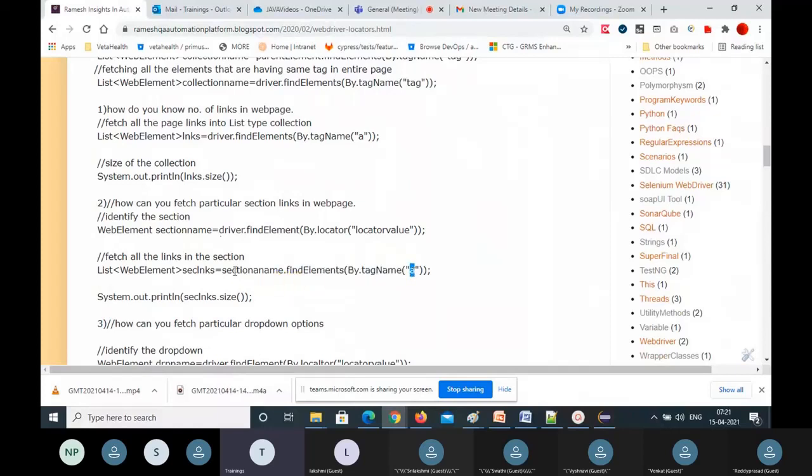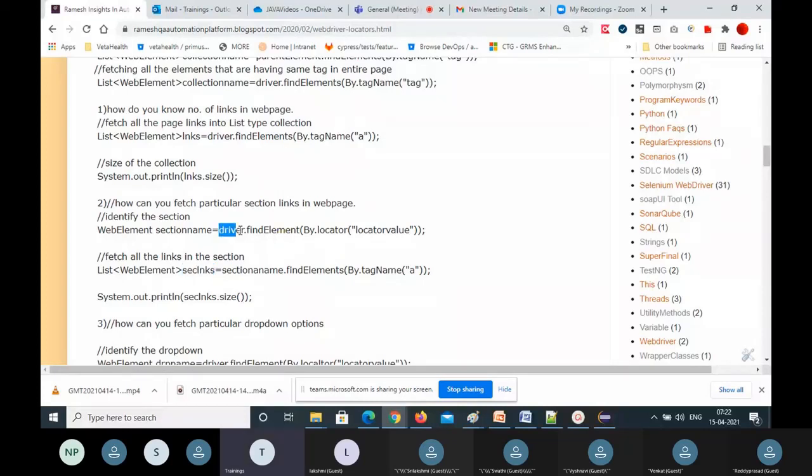So in this parent element, how many a tags are there? All a tags will come and store in this collection. See how beautifully this code is designed. This is the same code you will use. So if you understand the web element theory, this is easy: the web elements, which tag is designed for each web element, and then the web element concepts like browsers inside web elements. That concept you should know.